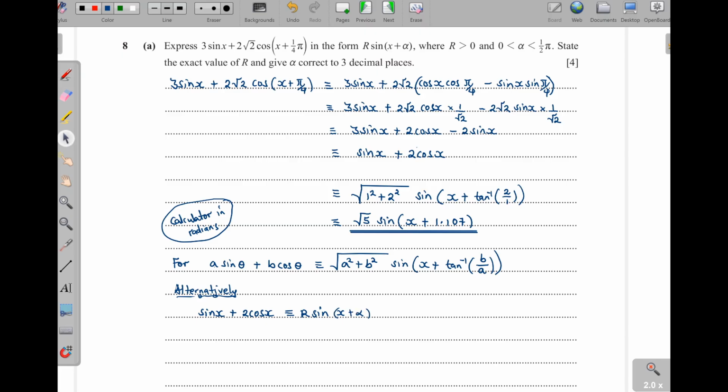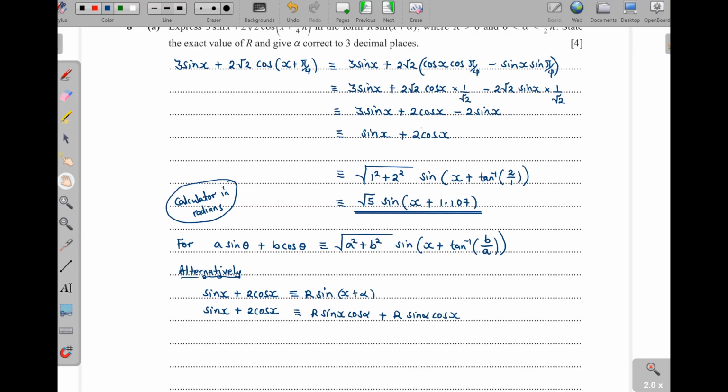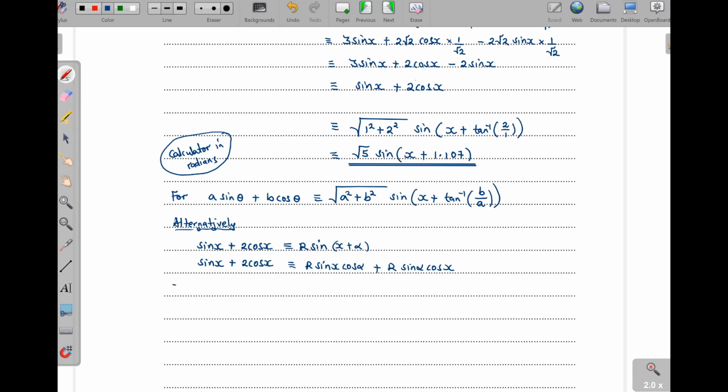So using the compound angle formula, now when you open up here, you have r sine x then cos alpha. Again, r will multiply, so plus r, then now sine alpha, then cosine of x. Now from here we equate coefficients